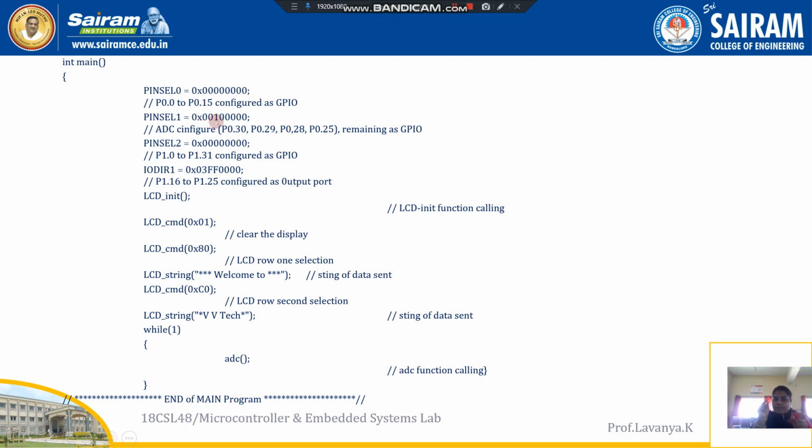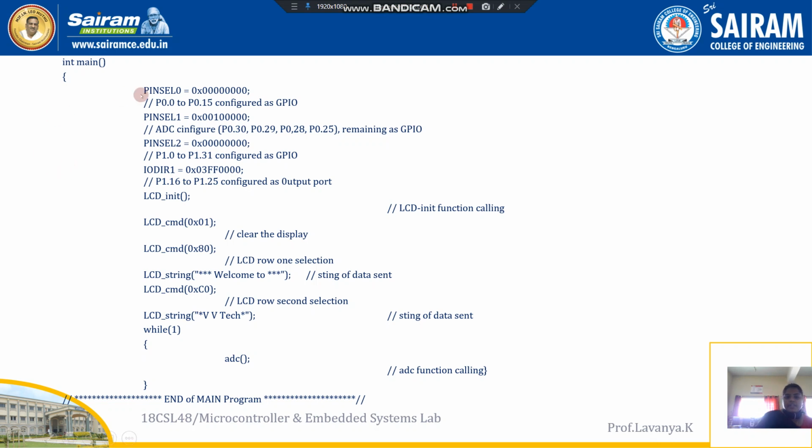In the bit pattern, when 01 happens, during that time our port 0 pin number 28 is going to convert our analog input into the digital output, then display the output as the ADC conversion. So this is the main importance of our ADC: which pin it is going to act as, which function bit it is going to enable, and what the output and the input are.